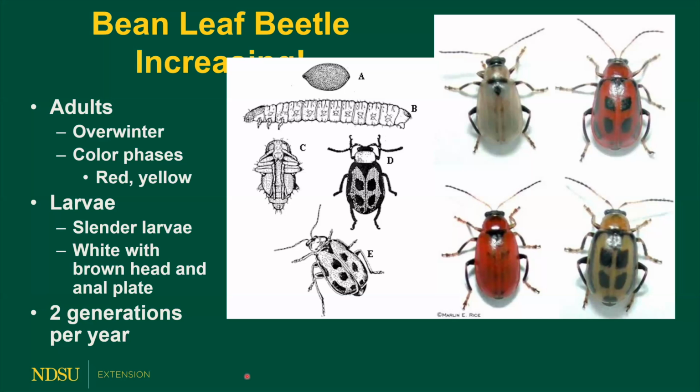And then the larvae you won't see unless you dig in the soil. It has a brown anal plate and a brown head capsule. There are 2 generations per year. The first one comes out during the seedling and early vegetative stage. That first generation emerges as the overwintering adult beetle. And then the second generation occurs late July into August and is more a threat to our pods than pod